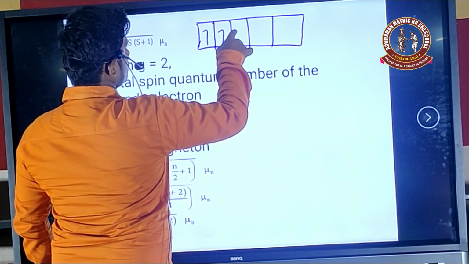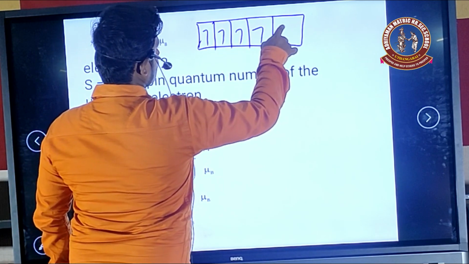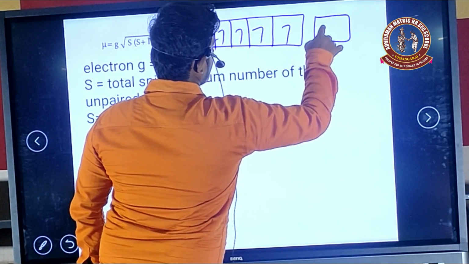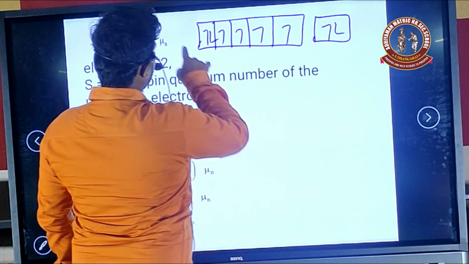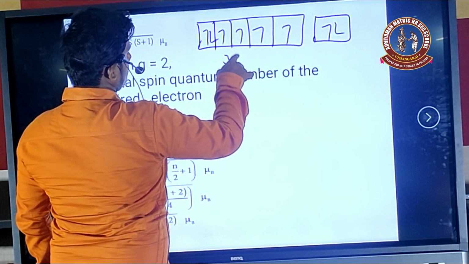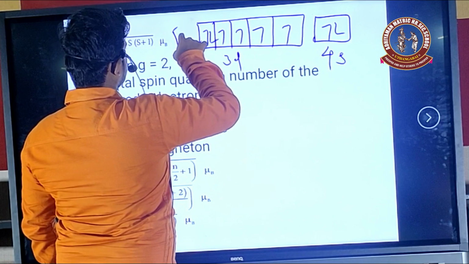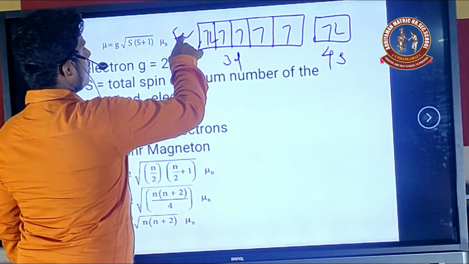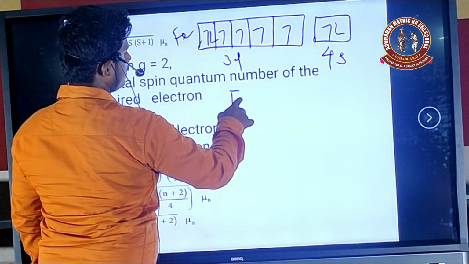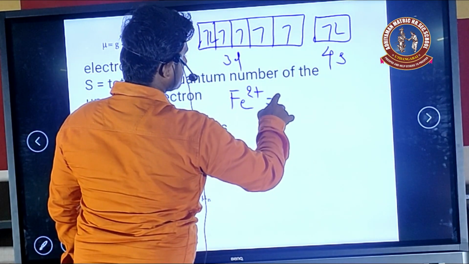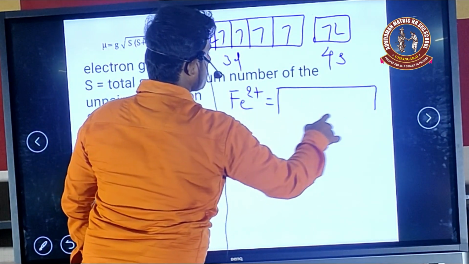One, 2, 3, 4, 5, 6. This is called 3d orbitals. This is a 4s orbital. This is the ion configuration. Okay, also you convert to the